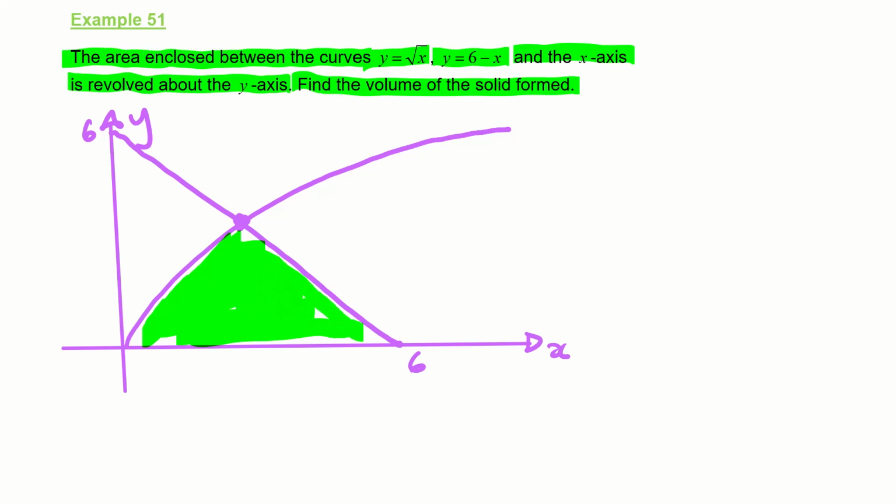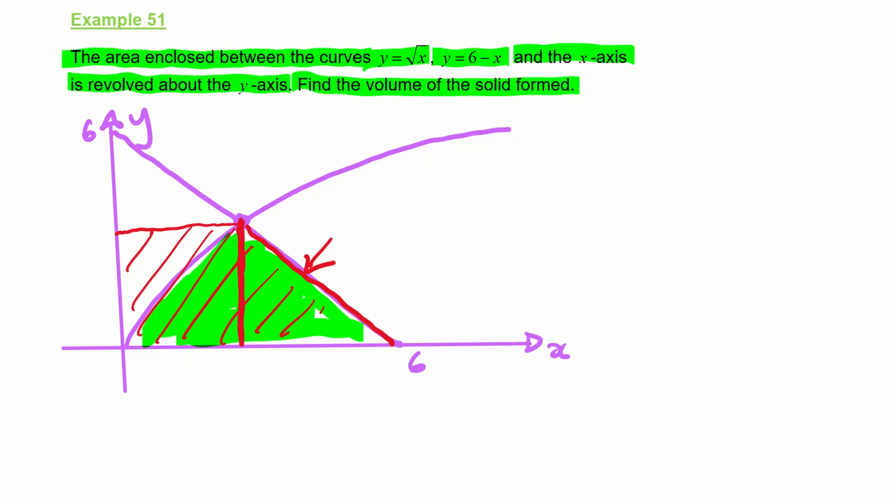Now, we're going to need where those intersect, because what we're going to do is rotate this section of line, this one here, around. But then what we're going to need to do is rotate this around so we can subtract this part off. Now,